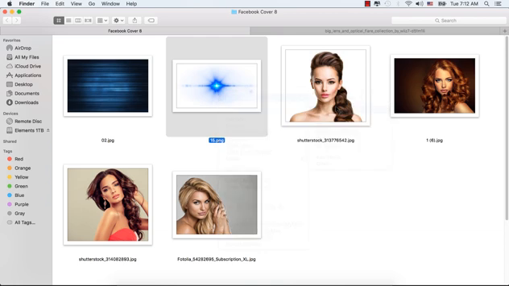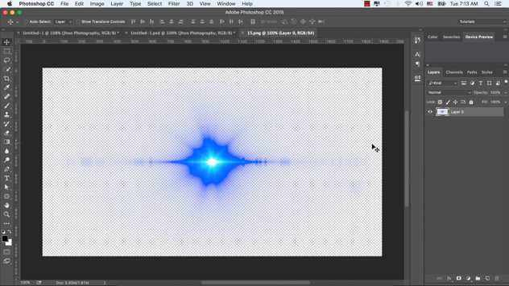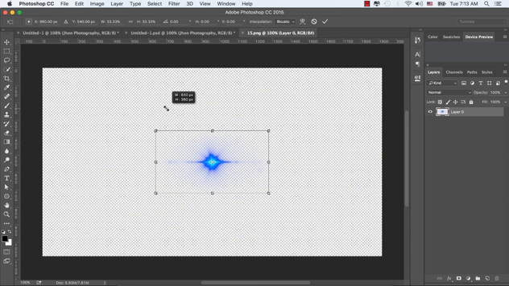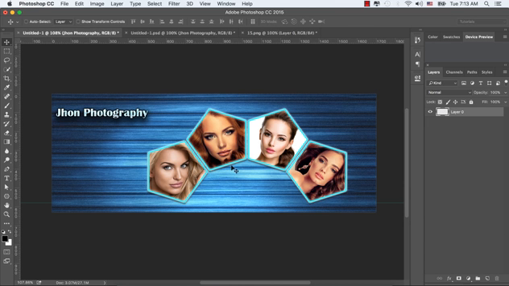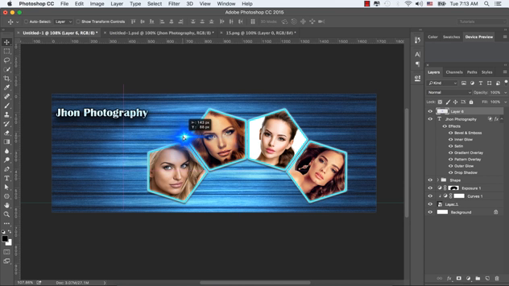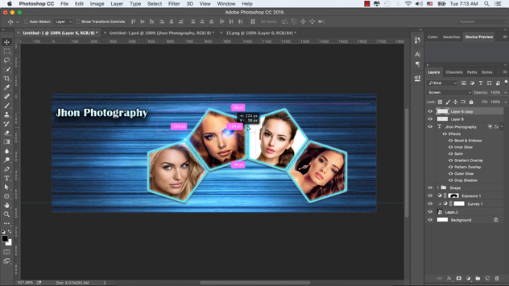Now let's bring the light blur, a lightening image layer which is without any background. Let's make it a small size and drag and drop it to our main document. Let's make it smaller by pressing Ctrl or Command T, resize it and put this in the corner, and change the blending mode to Screen for this lightening image blur.